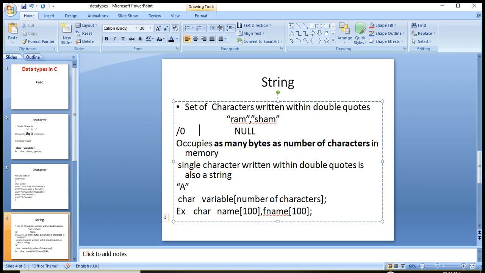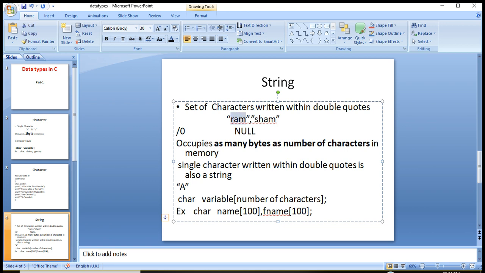So how to declare a string variable? char is the data type, same as in the case of a character.